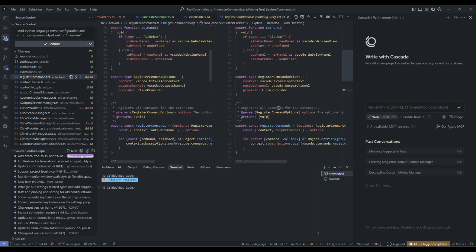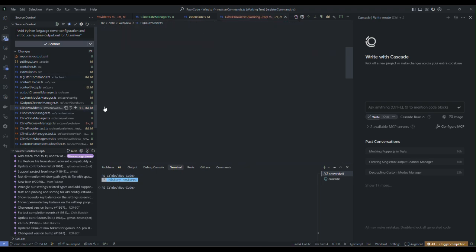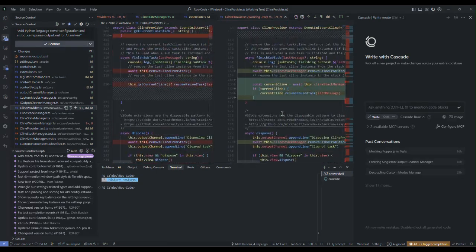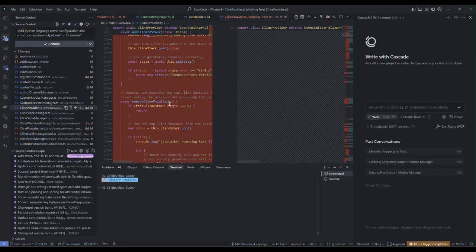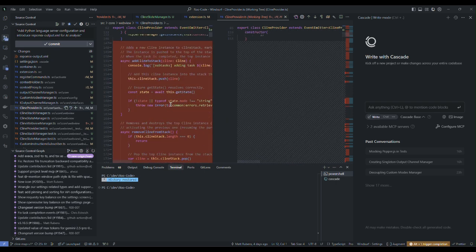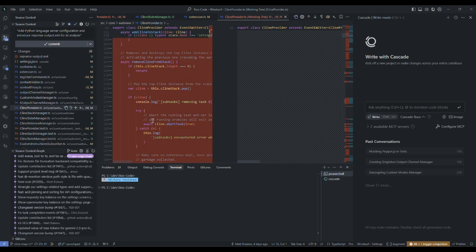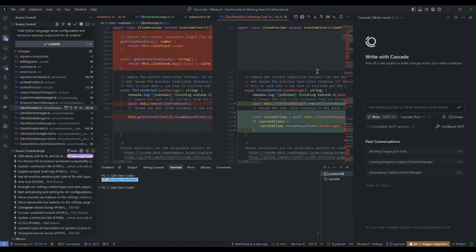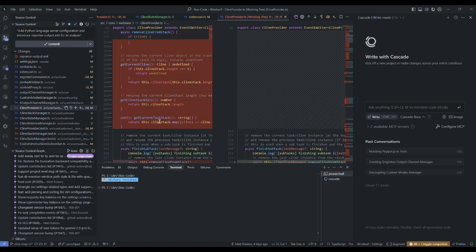So what I've done is gone through the Cline provider and removed a chunk of the code that was related to pushing Cline into an array holding the Cline stack. So that helps reduce the length of this code and separates the concern just for the Cline in terms of